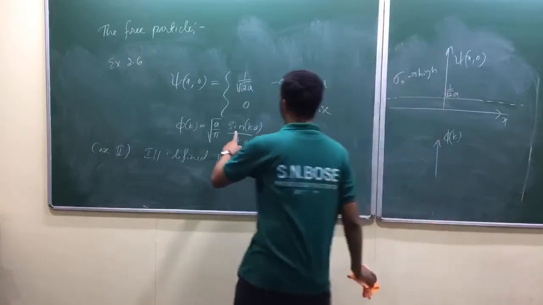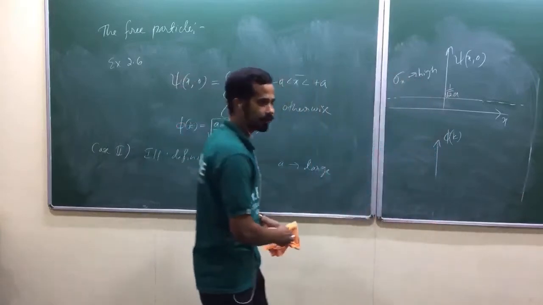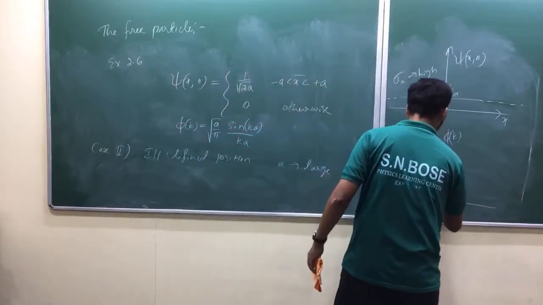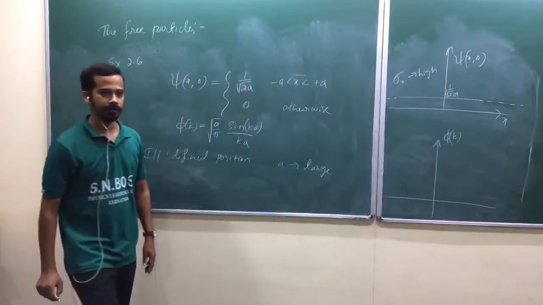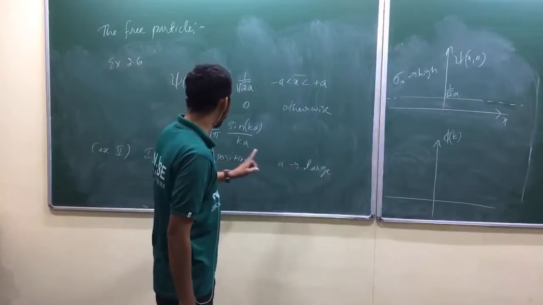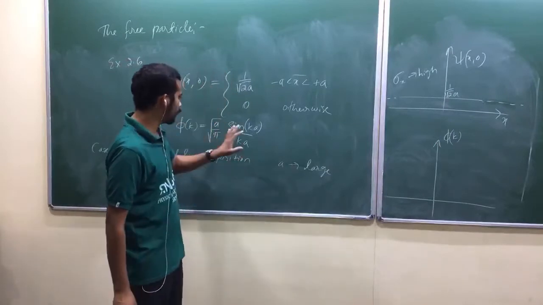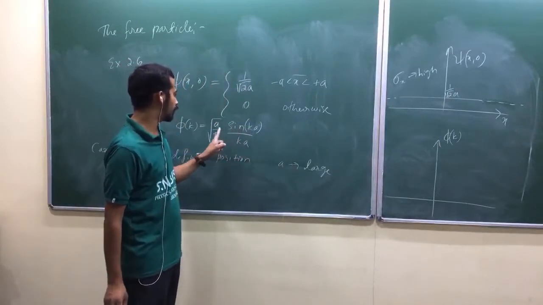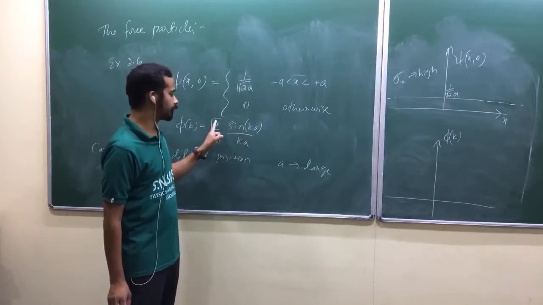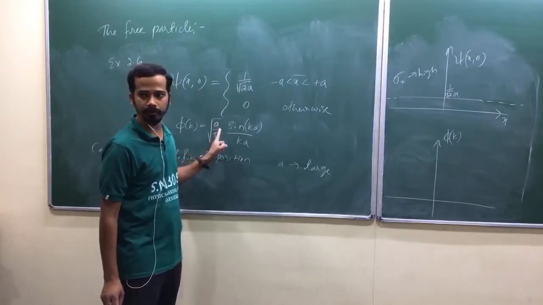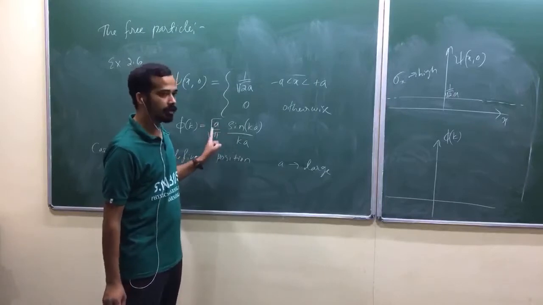I think I have plotted sin x by x. I told you to plot that one, isn't it? Now you don't have any approximation. You have to plot that one. Sin x by x when x is very large, isn't it? Now look at here. A is large. That's why at 0, look at here, this height is very high. This is a very high one because a goes to the numerator. Am I right? So this is the value at k equal to 0.